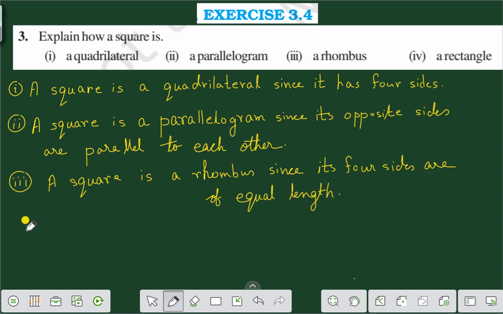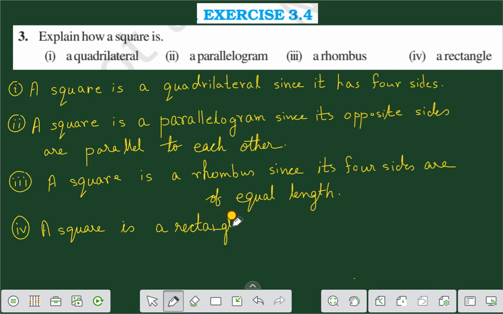Number 4. Explain how a square is a rectangle. A square is a rectangle